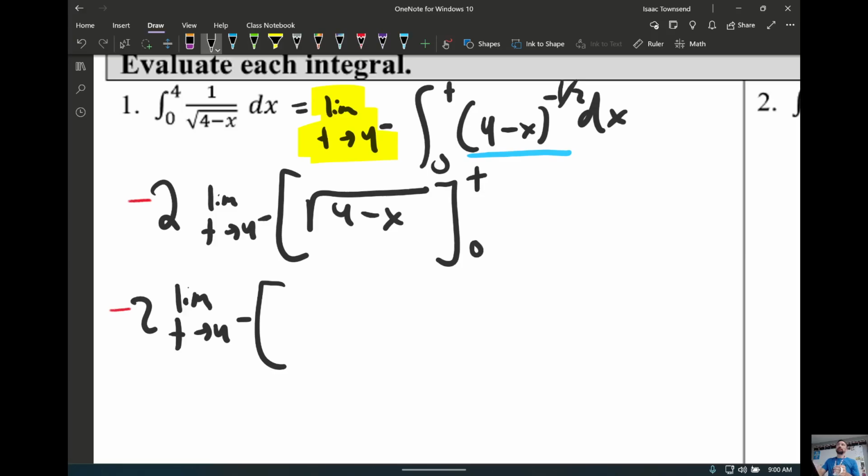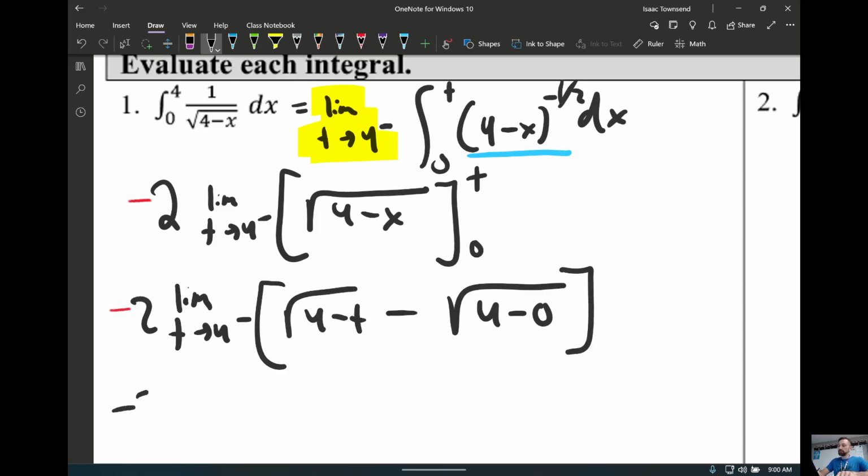Okay, and then the fundamental theorem of calculus tells us how to deal with these bounds. First, we're going to plug in a t. Then we're going to plug in a 0. And then subtract those values. Oh, okay. Guess I'll just start doing the limit now. Okay, so now,